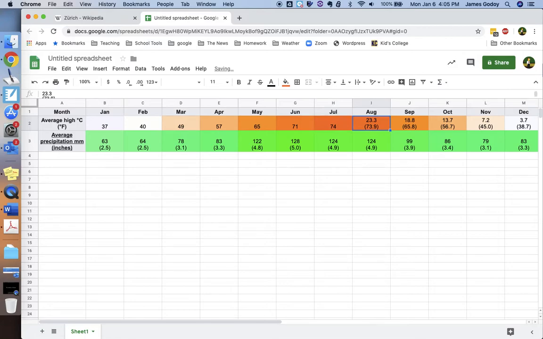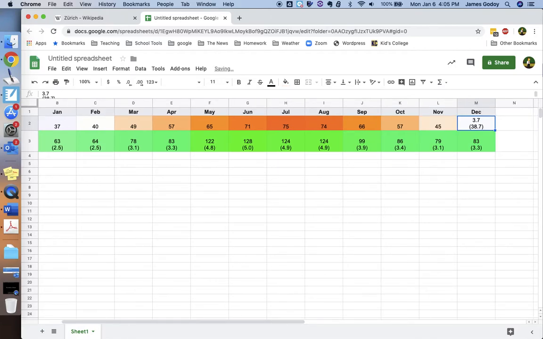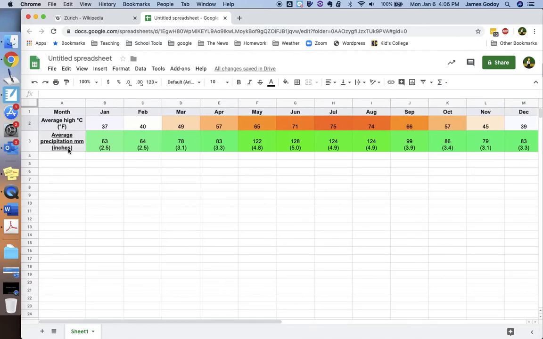74. Oh, wait, oops. Got 75 rather. 75. That's 74. This is 66. This is 57. 45 and 39. And then I have to do the same thing with the precipitation because I don't want it